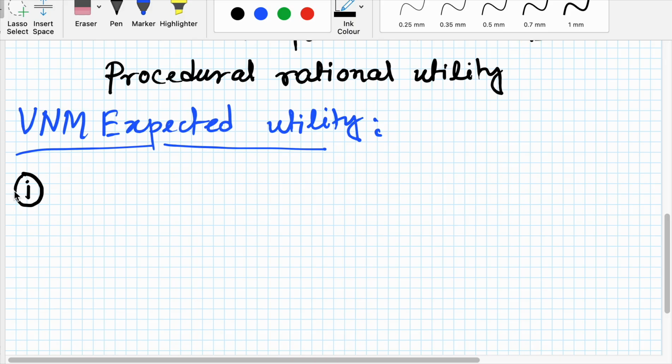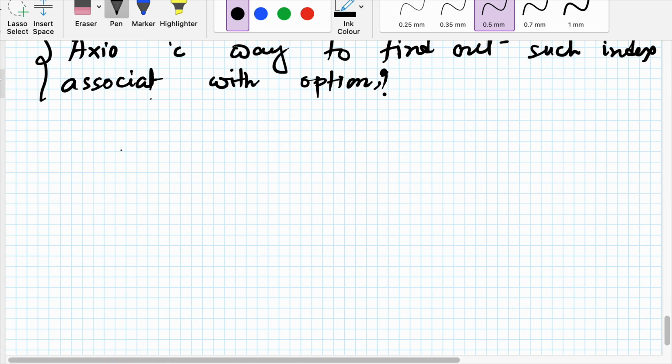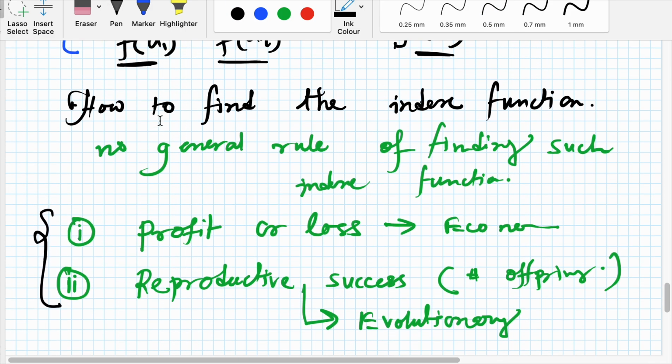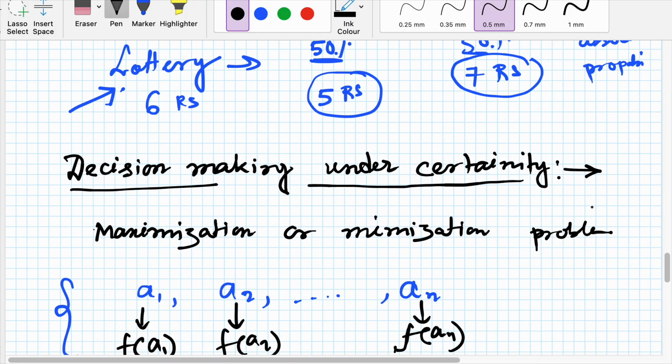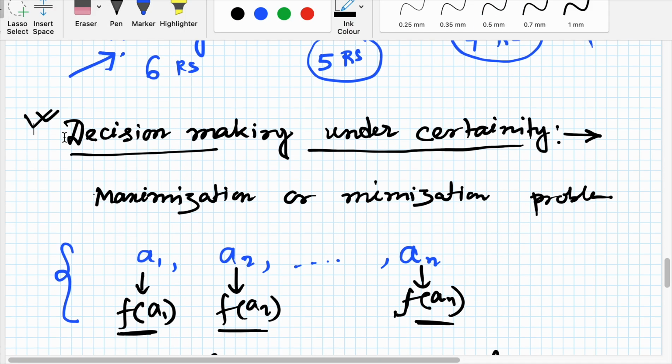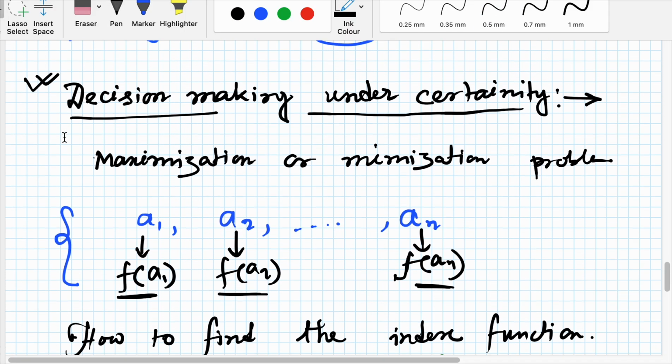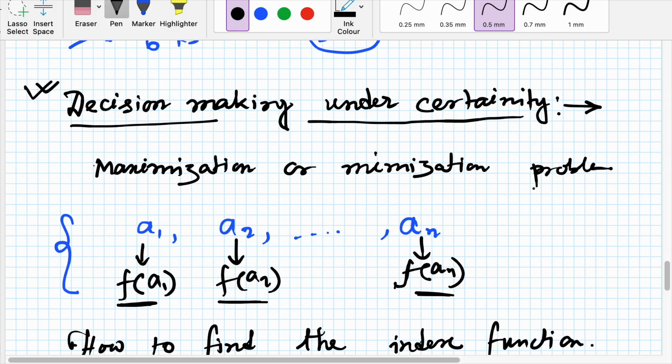As we previously know, if I go back to the previous lecture, where we ended was decision making under certainty and decision making under uncertainty. Decision making under certainty is a part of VNM utility theory, where we have said that it ultimately boils down to the maximization or minimization of some index function associated